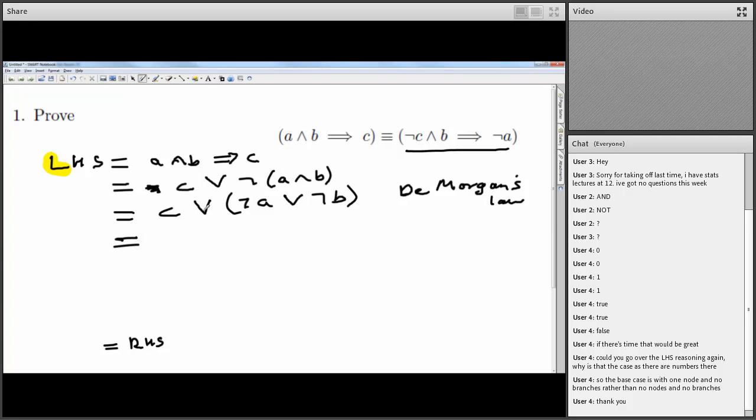Next thing I've got is or. When you've got all the same operators, so the ors are all the same, that means you can just drop the brackets. You do C or not A or not B. It doesn't really matter the order at all. That's called the associative rule,